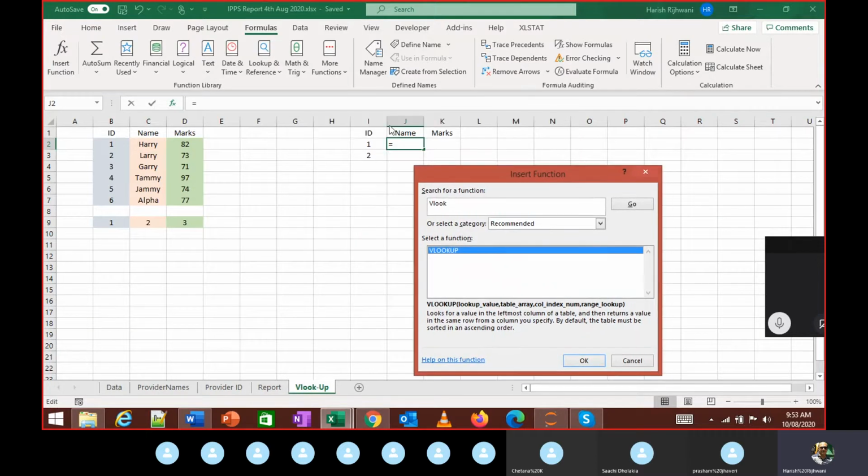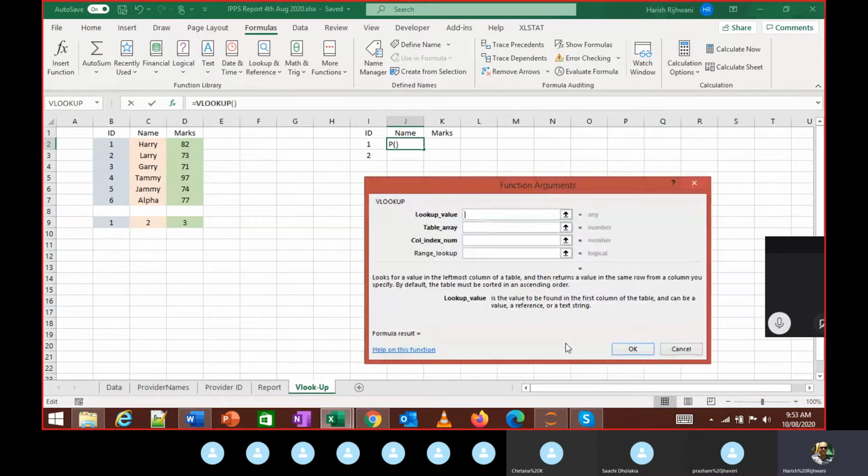So like I was explaining, I want to search this value, ID. It is going to search in the leftmost column. So what is important is this ID should be in the leftmost column. Based on this column, in whatever row I get this column value, so let's say I get the value 1 over here, I get this value over here. So it's going to pick up the value which is there in that column. Okay, so we'll try that and we'll understand.